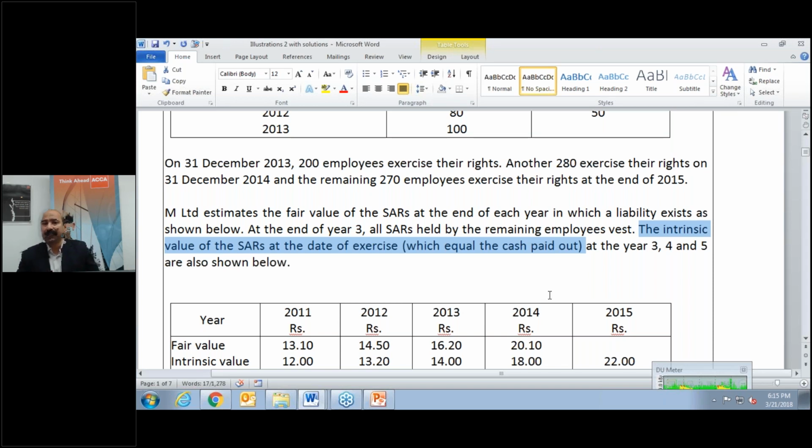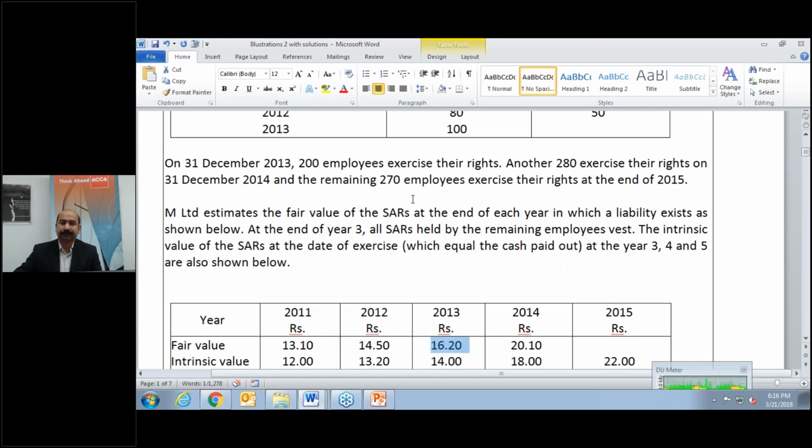This means we shall be multiplying 200 employees. Each employee is entitled to 300 SARs. 200 into 300 into this 14 intrinsic value to calculate the cash paid on the options exercised. And for the remaining 550 who have not yet exercised this option, liability will be there. So 550 will be multiplied with 300 with 16.2, the fair